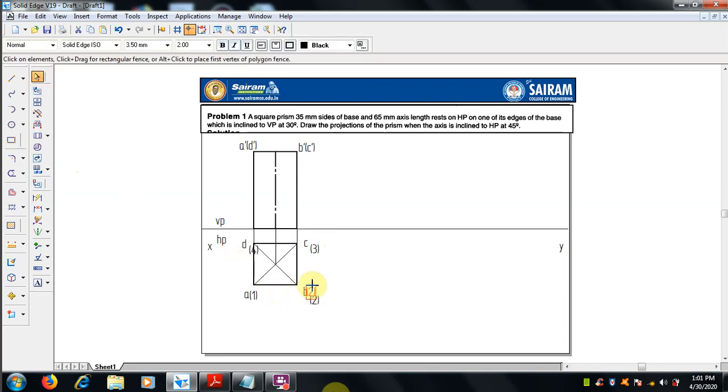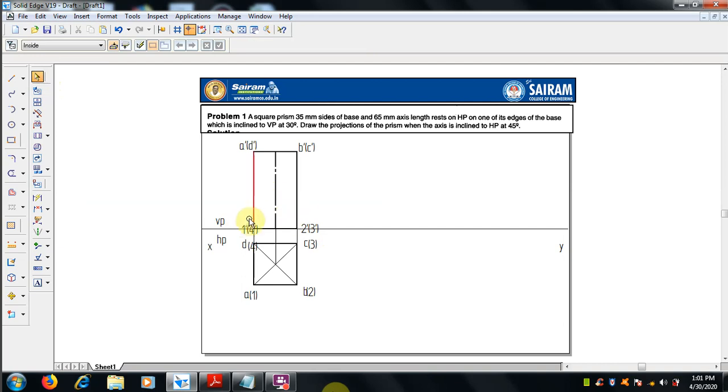This is in the top view, visible and invisible corner points we have given, and in the front view the same, like 1 2 3 4. When we are seeing from this side, the observer can see 1 but cannot see 4, which is hidden, so 4 dash in bracket. Here the observer can see 2 visible and 3 is invisible, so we will put it in bracket. So this is the front view here.